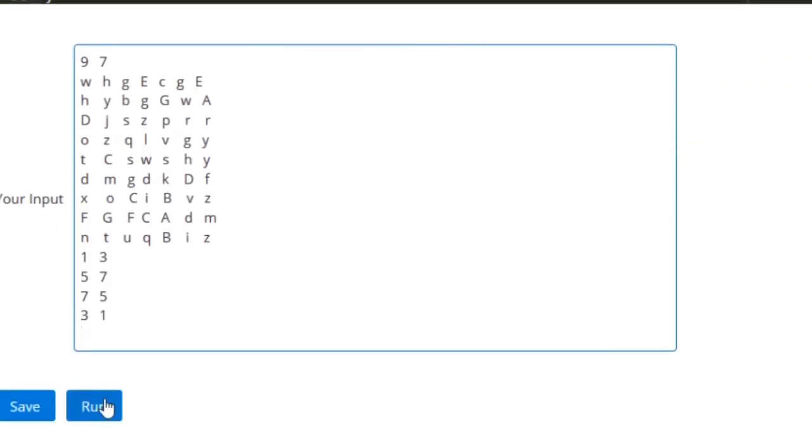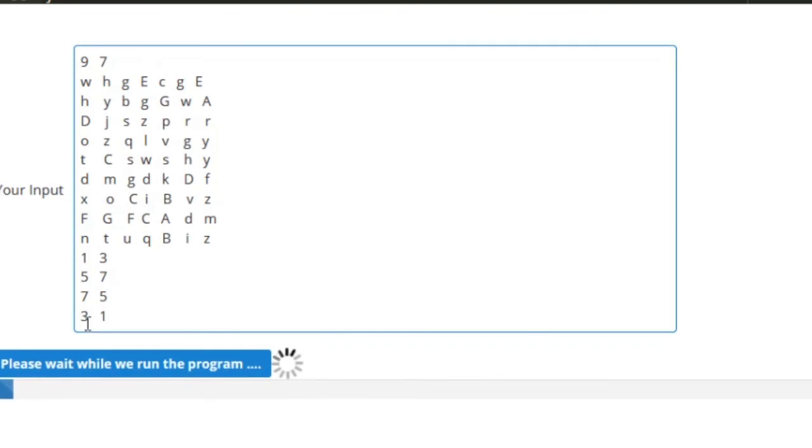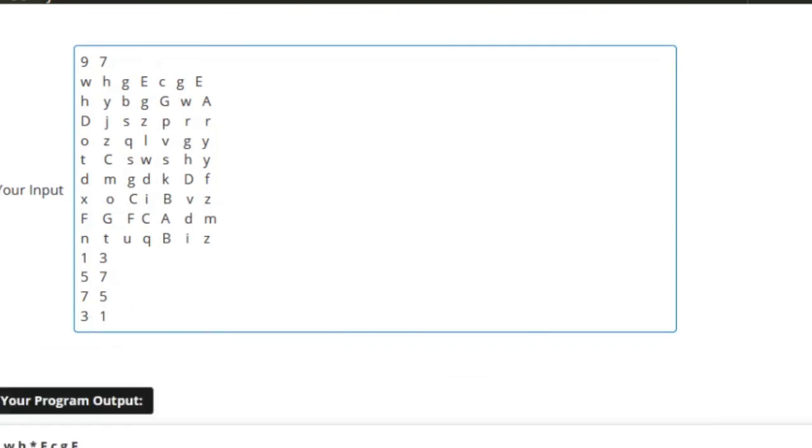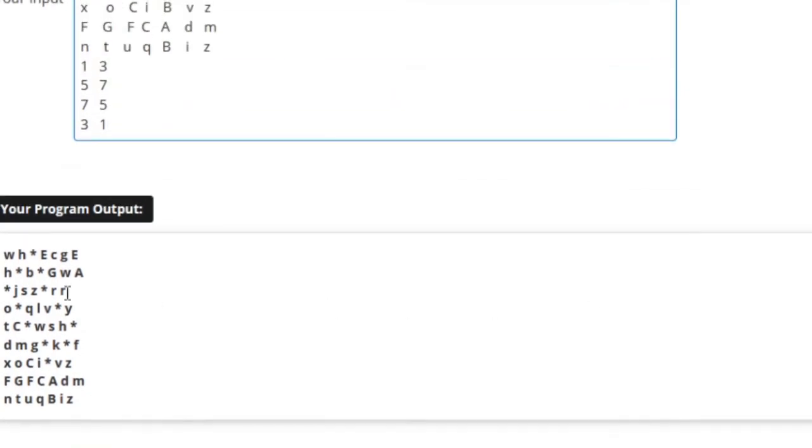So now let us check our program with sample test cases. So this is our sample input 1, and let us see our expected output. So here we can see that we also get the correct output. So we have replaced the border elements of the rectangle that is tilted by 45 degree with asterisk. So this is our expected output, and this is the logic behind today's daily challenge.